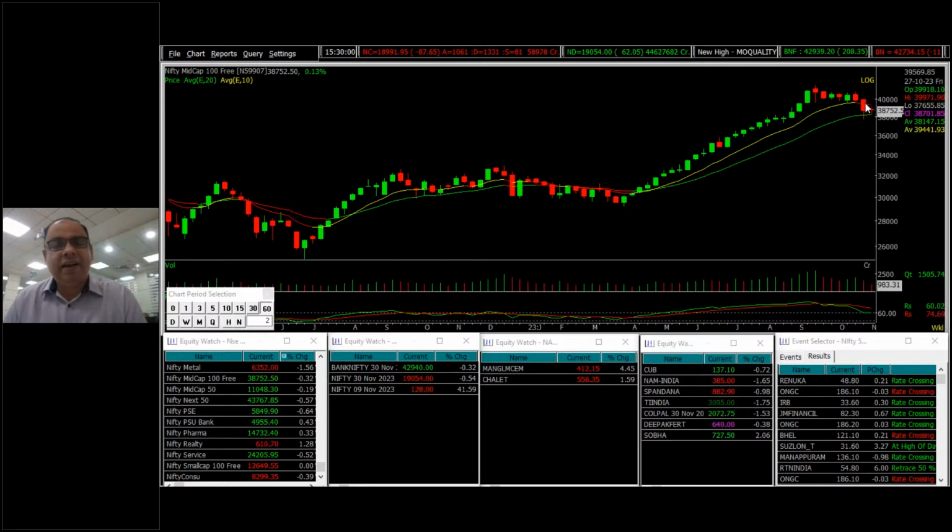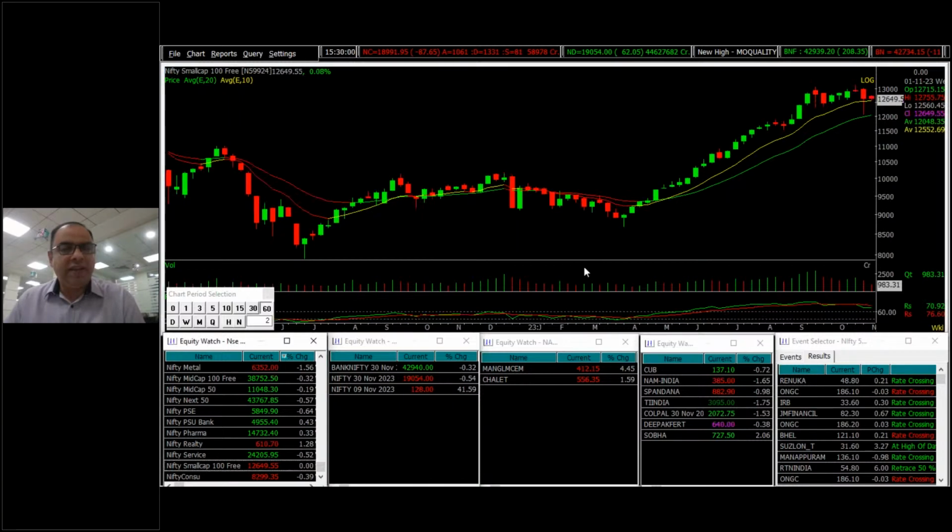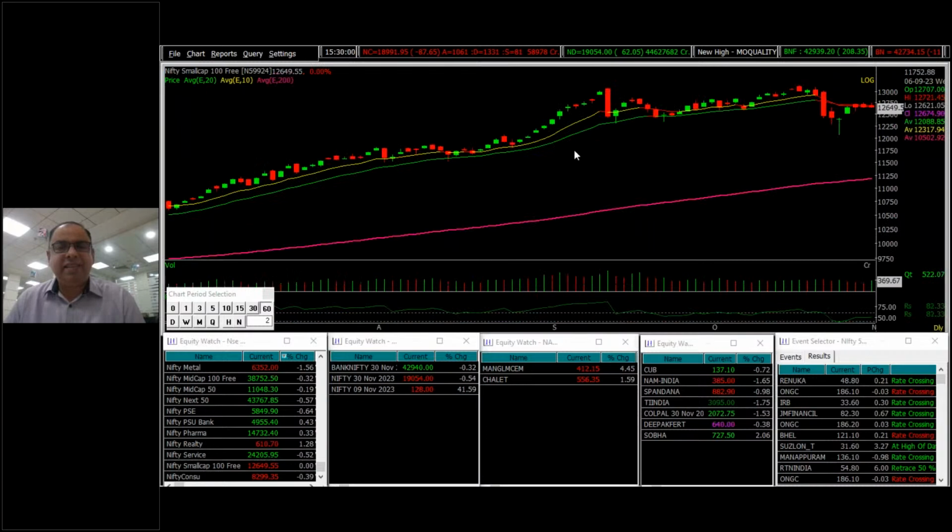indices are currently taking a breather, showing a consolidation type of pattern. Recently we have seen an attempt at a downside breakout of the range. The small cap on the weekly chart shows a similar kind of thing. A pattern has been formed at the lower levels, and the 20-week EMA has offered support. Small cap recovered last week from this support and is currently placed at the 10-week EMA. So net to net, the broader market indices are showing a choppy movement, with minor weakness.